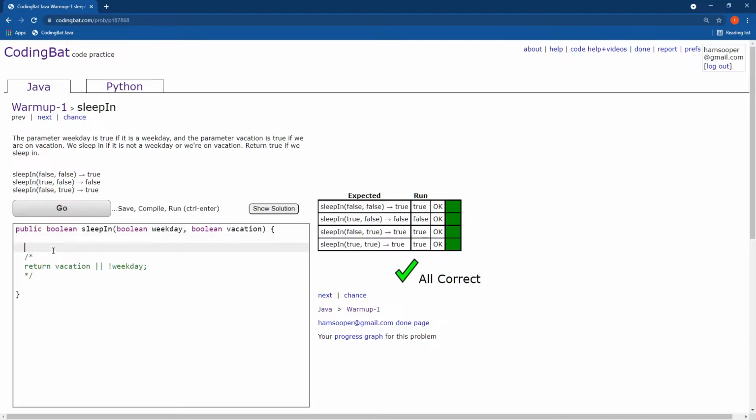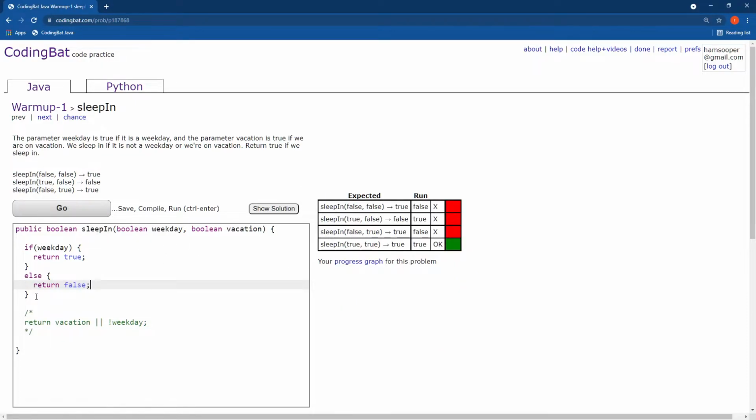statements. So let me comment that out for a second and write an if statement. So let's just say I say if weekday, return true, else return false. Okay, this obviously will not solve the problem, but I just need to show this as an example. So basically, you notice that after we say if and then we pass in the Boolean expression to this if thing here,